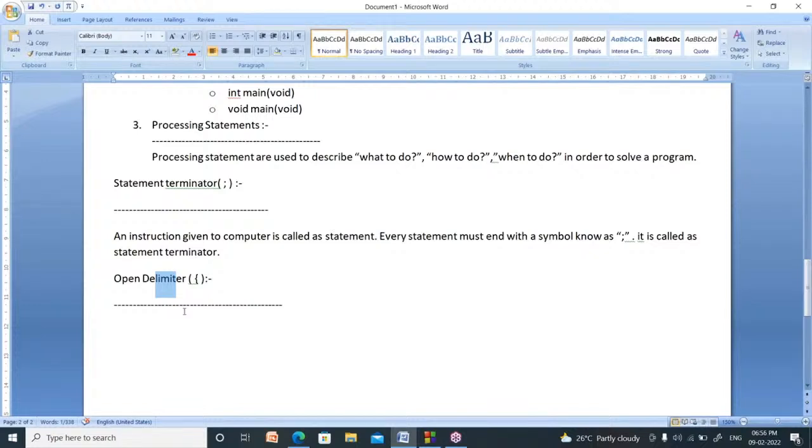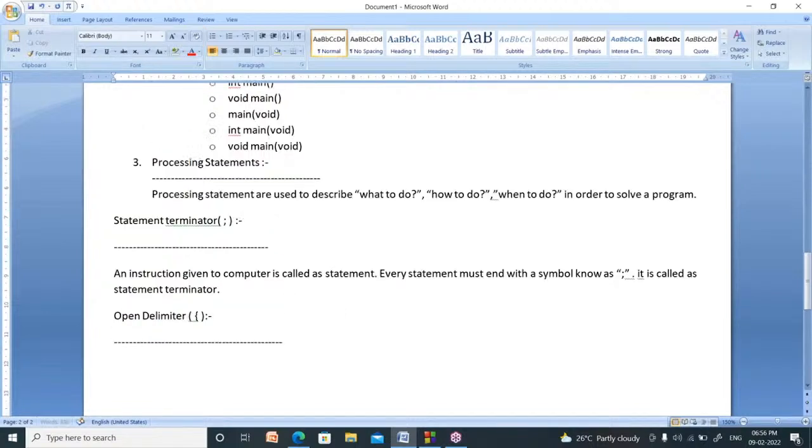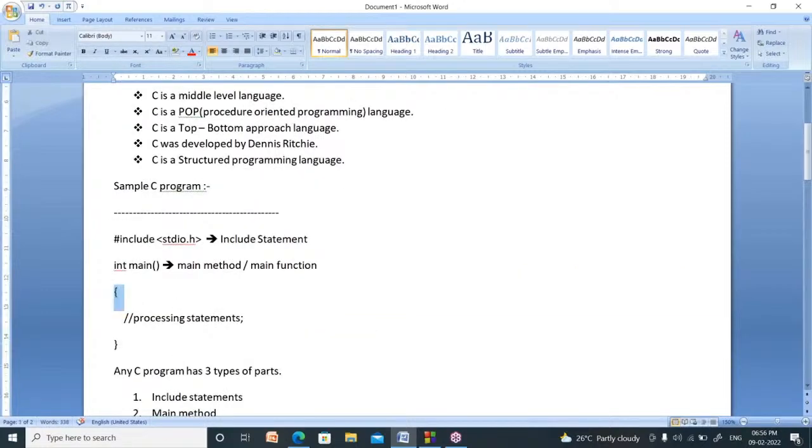Sometimes your friend or your mother or your teacher speaks like this: being in your limits. You know the meaning of limit, no? So, these two symbols indicate the limits of a function. One is called the open delimiter. The other is called the closing delimiter.